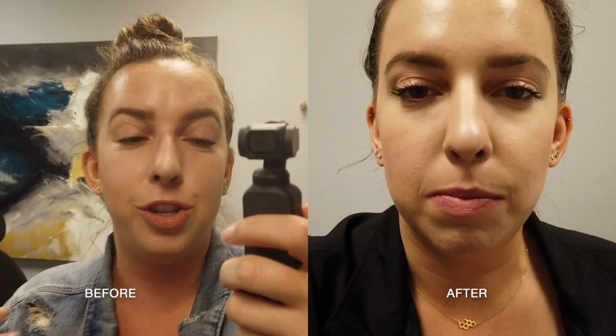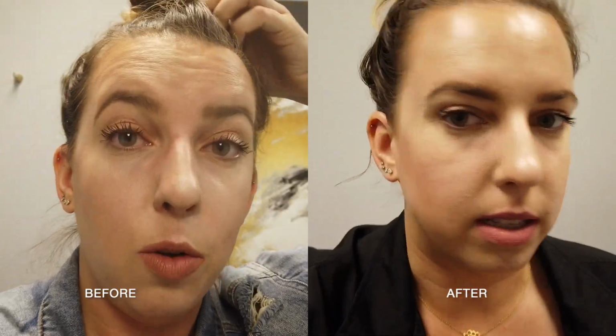We did the dermaplaning treatment where we use a scalpel to kind of exfoliate and remove peach fuzz, and my skin is just amazing. Like, it's so smooth, it's so clear and radiant, and I've just been really loving the results. In terms of the Dysport, super happy with it. I can still move my face, but I just have added smoothness around my forehead, 11s, in between my eyes,